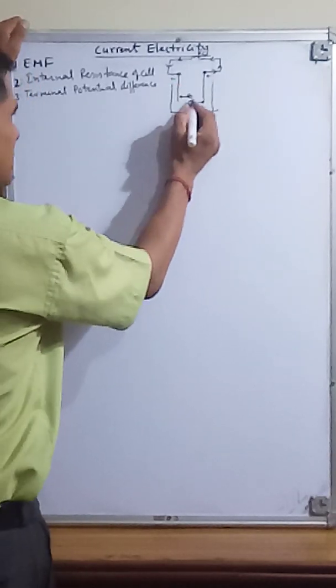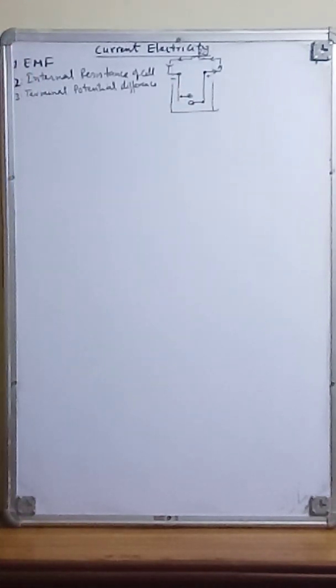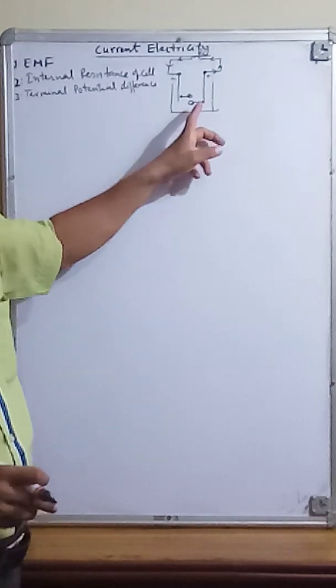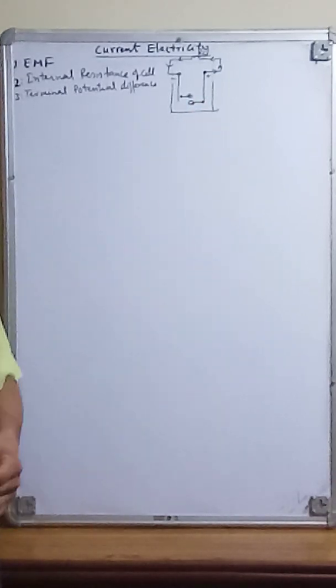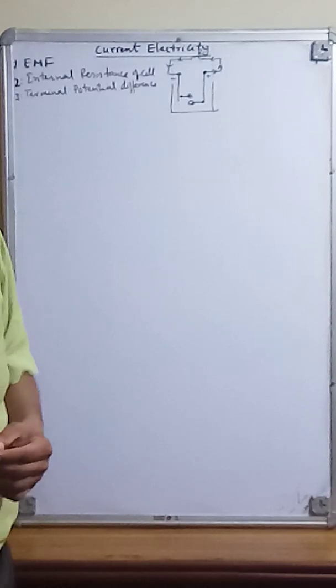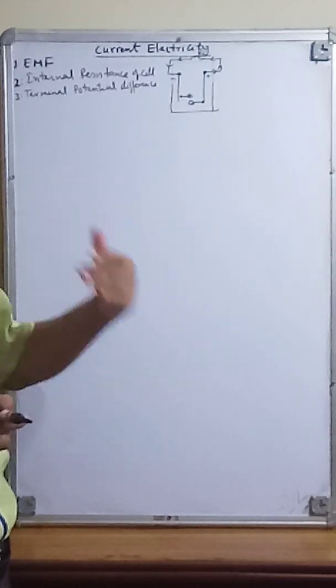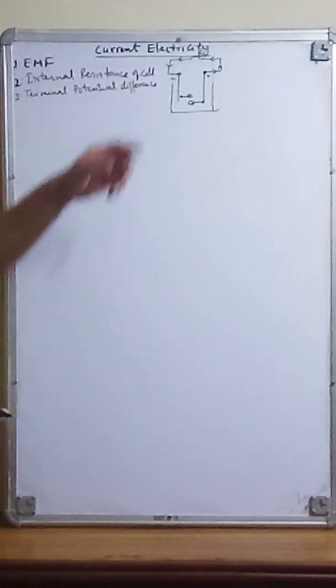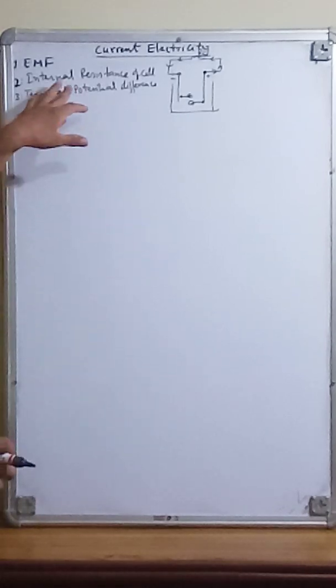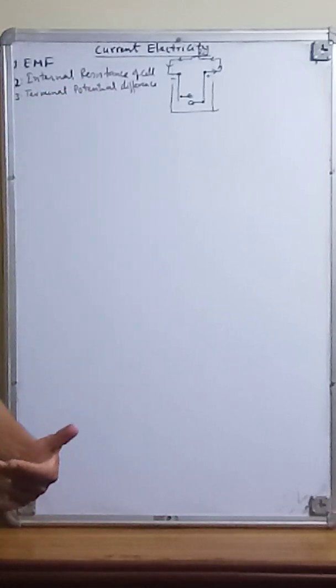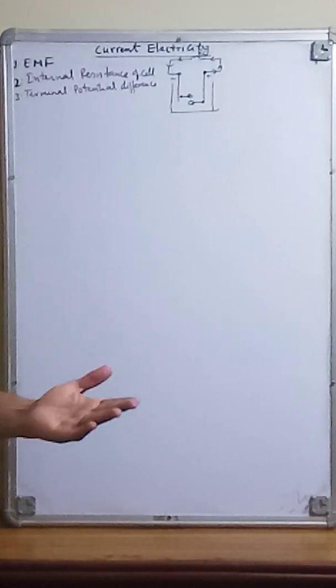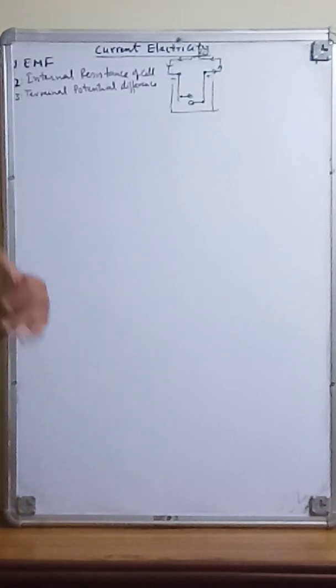So when the ions flow inside the cell, what happens? The electrolyte of the cell hinders their flow, and that hindrance in the flow of these ions is called the internal resistance of the cell. So internal resistance is the resistance inside the cell which the cell offers to the flow of charge inside it, and it is a property of the cell, not a defect. It means no cell is without internal resistance; it must be there.